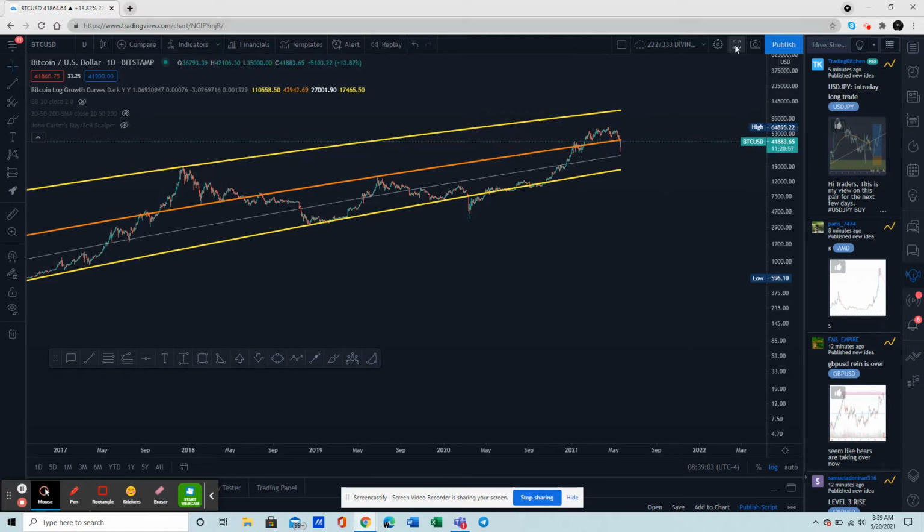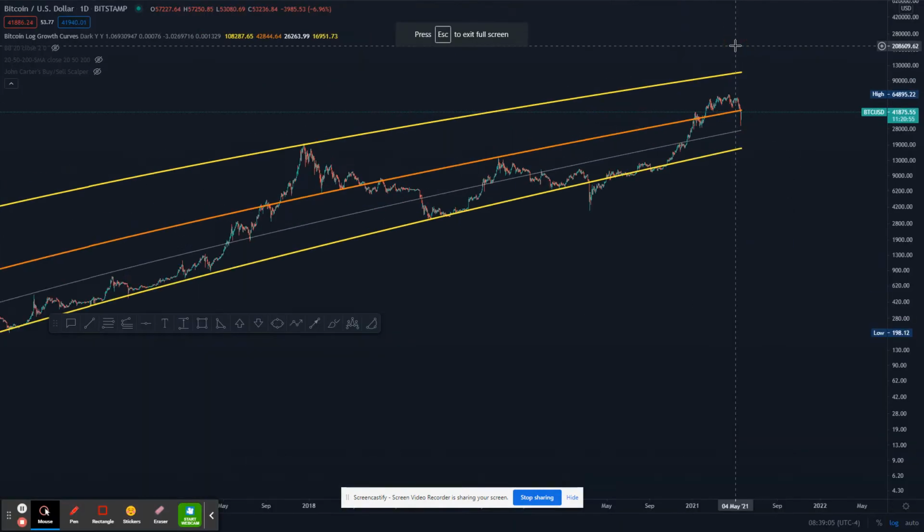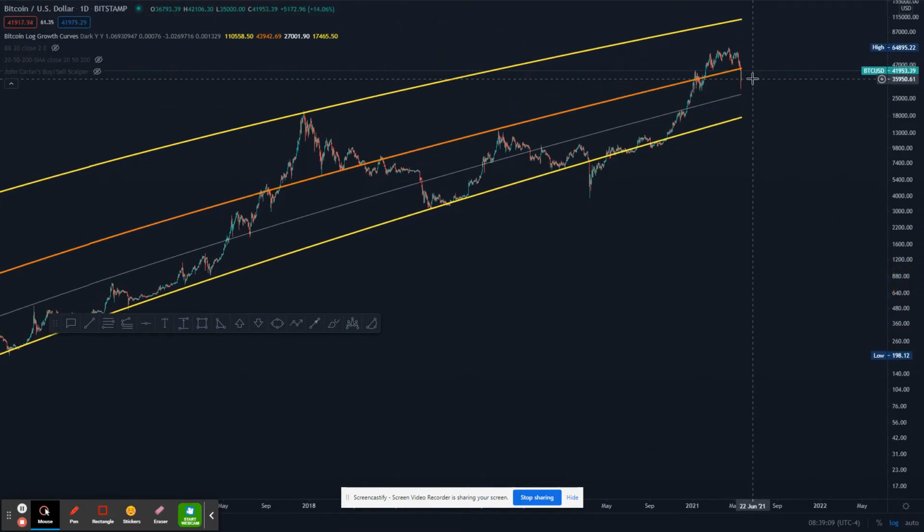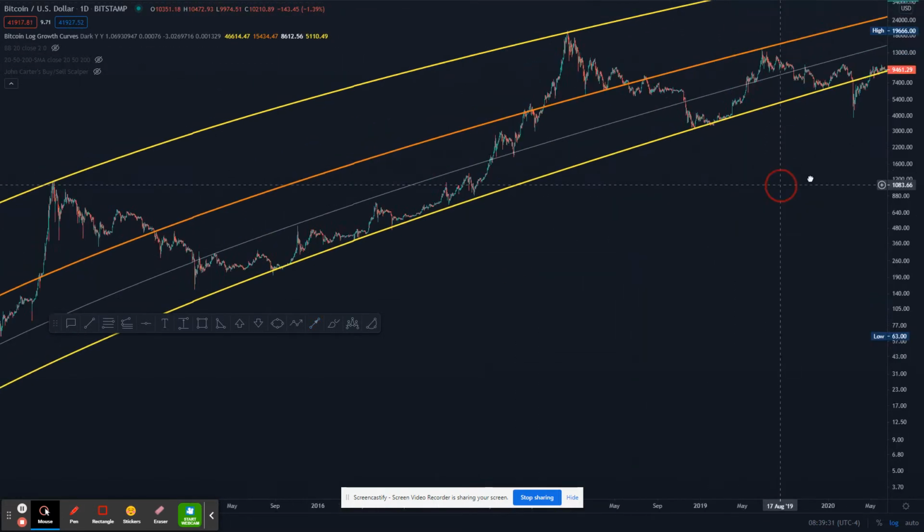Let me see if I can put y'all on a bigger view so we can see a little bit better. Okay, so we crossed over, and then we dipped back below. And then we looked like we were trying to go higher, and we lost steam and we broke back down below again. This is good because we're going to look at the pattern